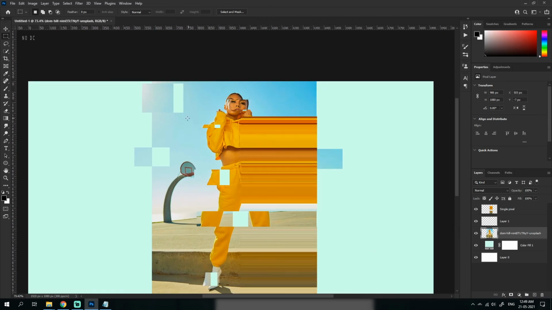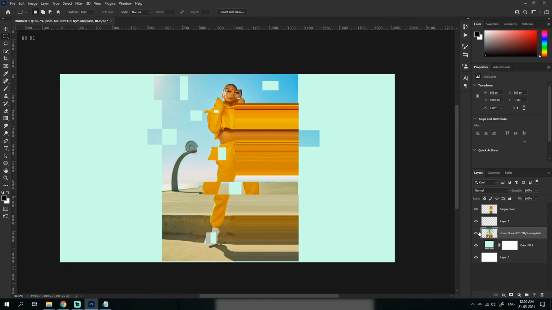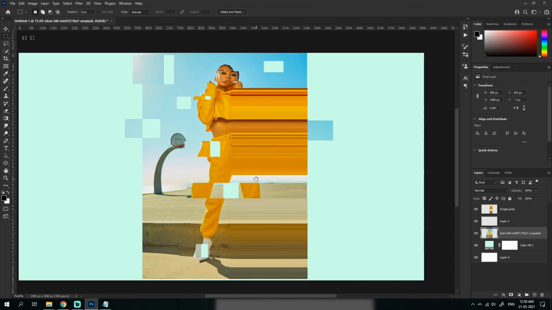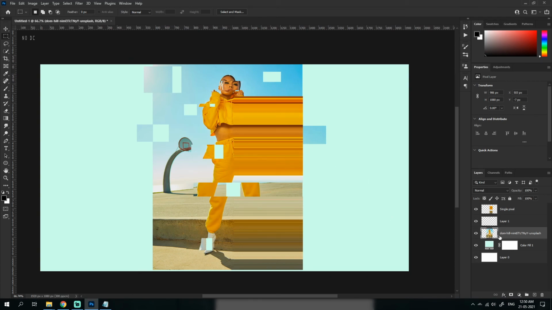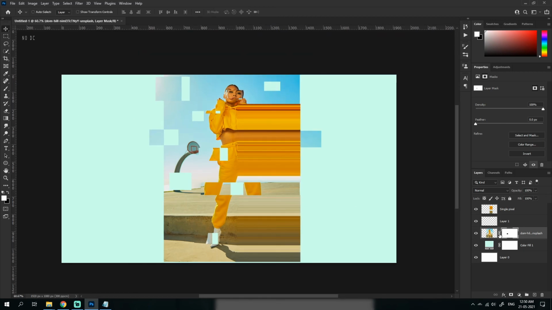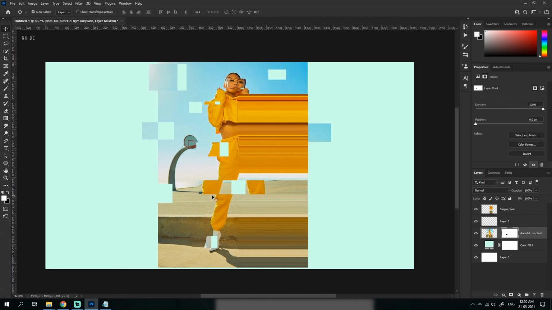Something like this. How about I just delete some stuff? And I'm working in a weird way, which I shouldn't be working in. I should actually be working in a way that I can make it reversible, because I cannot reverse these things. If I was just working in smart objects, for example, I create a smart object, not smart object, sorry, this thing, a mask. I created a mask with this thing, and then I can just make sure that this is black by pressing Control Backspace to do this on the mask, you could see. And then this makes it much easier for me. Then I can also move the mask however I want to actually fit the way this design looks.